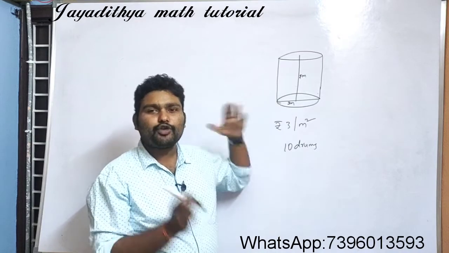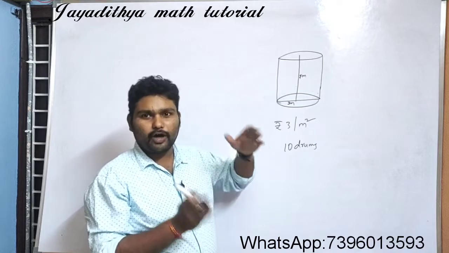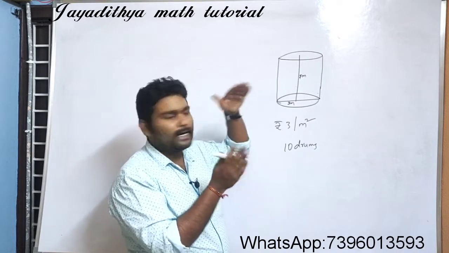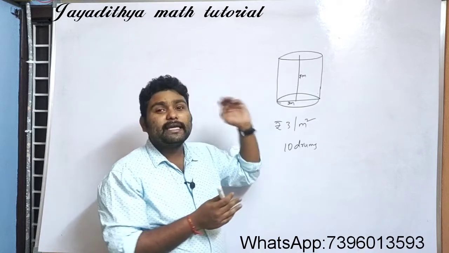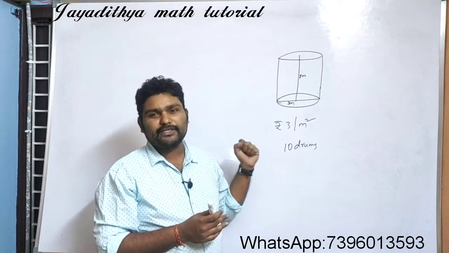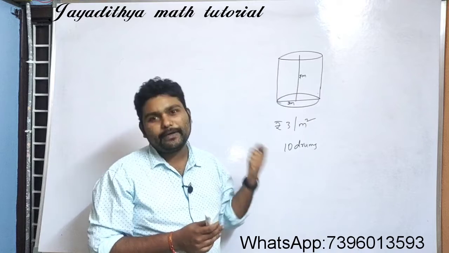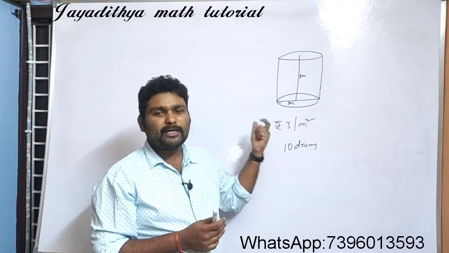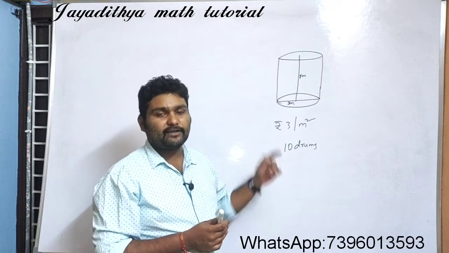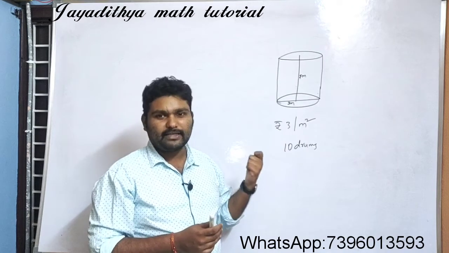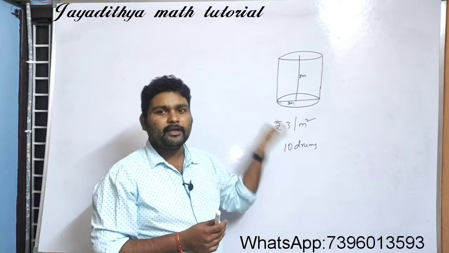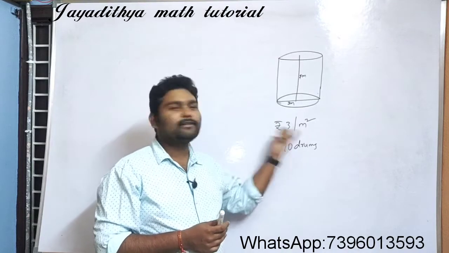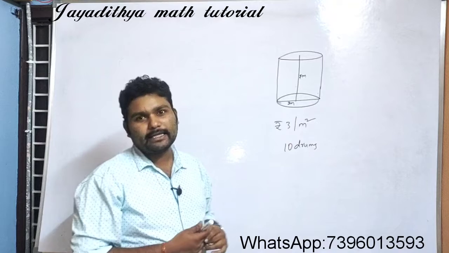It is an oil drum, so both the ends will also be closed. Oil drum means it should be closed. So he should paint the complete surface of the drum. What do we call that? That is nothing but the total surface area. First you find the total surface area of one drum, then calculate it for 10 drums. You will have some value, and you multiply it by 3. Then you will get the answer.